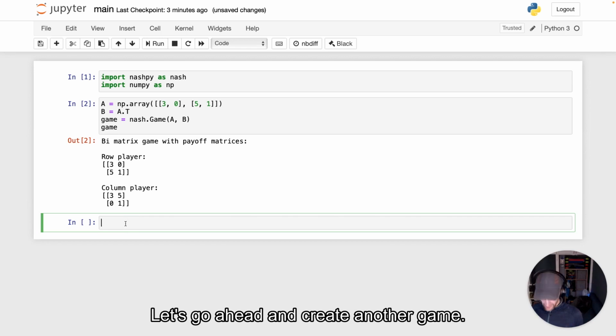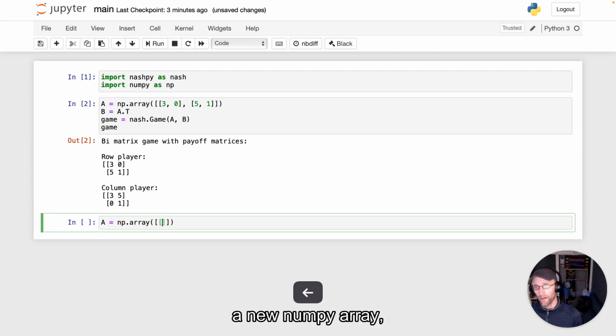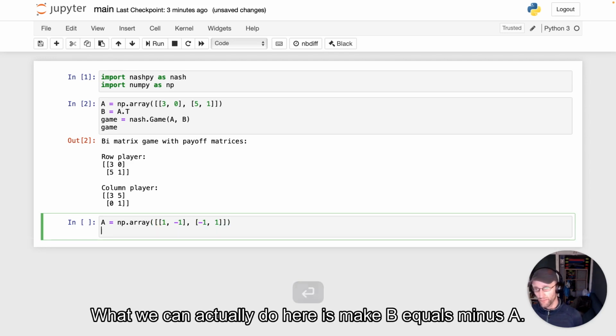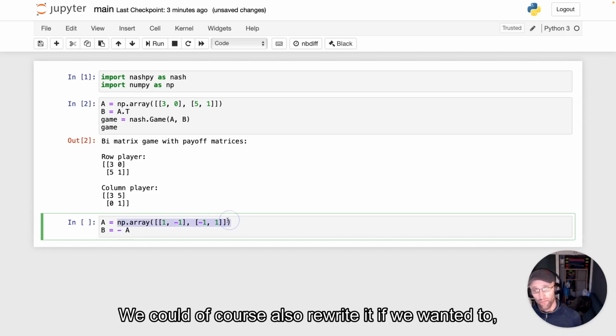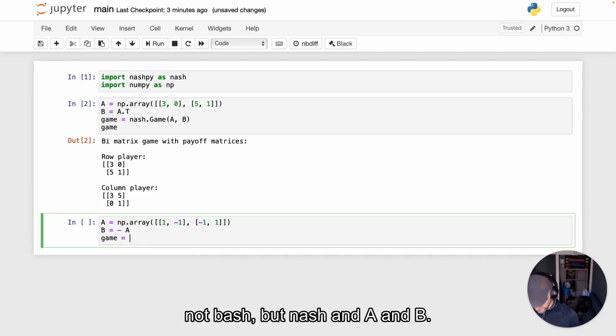Let's go ahead and create another game. We're going to create the matching pennies game. So we're going to create a new matrix, a new NumPy array, and this is going to be 1, minus 1, minus 1, 1. What we can actually do here is make B equals minus A. We could, of course, also write it out if we wanted to. And we can do the exact same, nash.game,